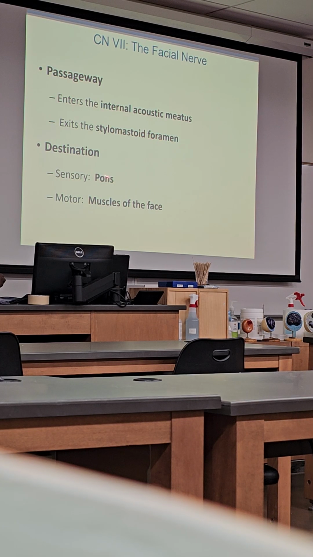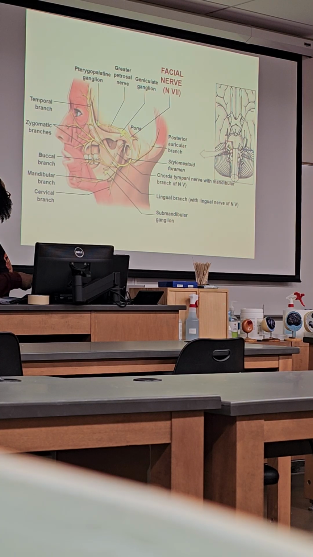Okay? It runs, sensory is coming into the pons, motor commands are on efferent fibers running out from the pons to muscles of the facial expression. So here we are, the facial nerve. Branches coming in from the face, bringing in sensory information from the face and from the taste buds. The sensory branches, its motor commands are coming out and headed to the muscles,